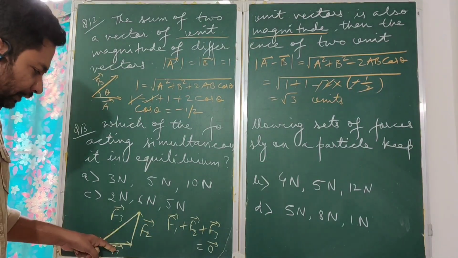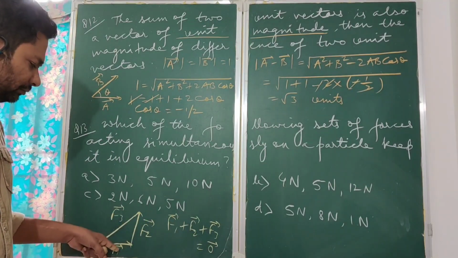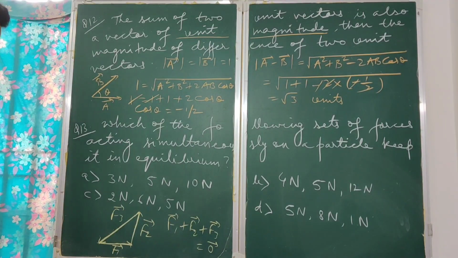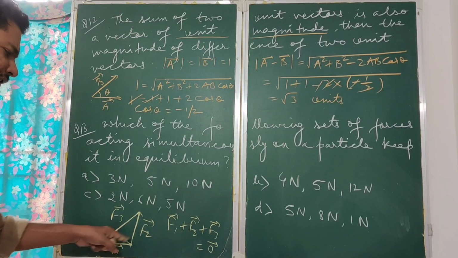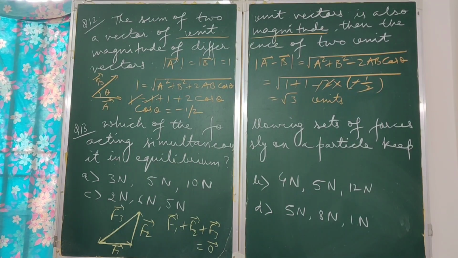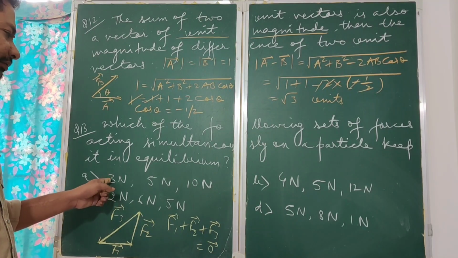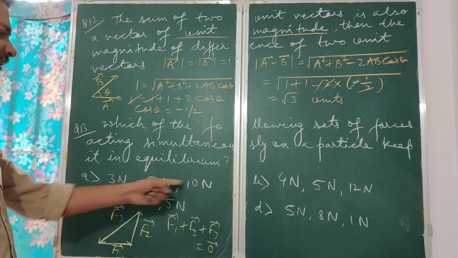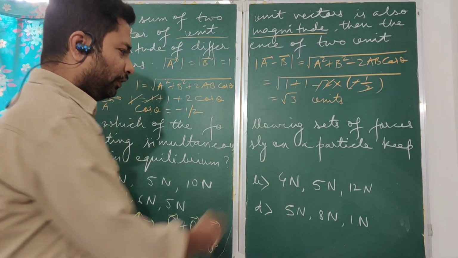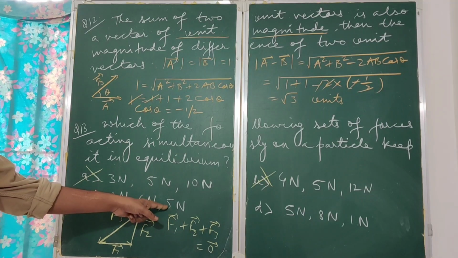So now if you can represent these vectors by three sides of a triangle, then the magnitudes are going to obey the property of the triangle, right? What is the property? The sum of the two sides of a triangle should always be greater than the third side. Now you check which is satisfying that condition. So if you see this one, 3 plus 5 if I do, you can see it is less than 10. So obviously this is not correct. Here also 4 plus 5, 9, less than 12. Here 8, it is greater than 5.